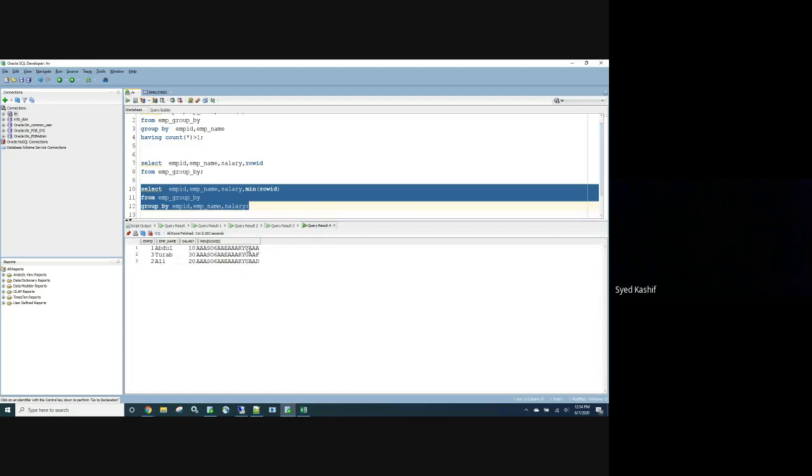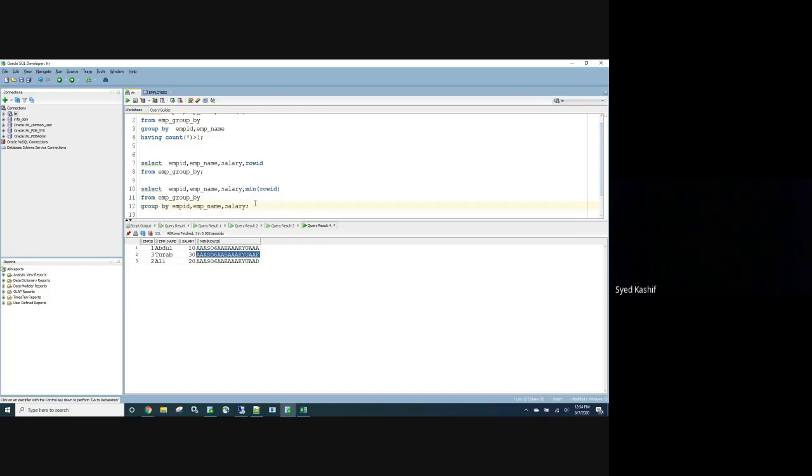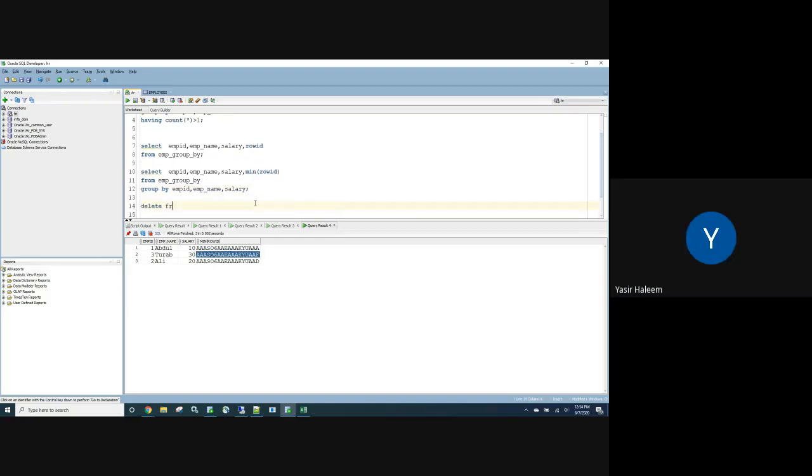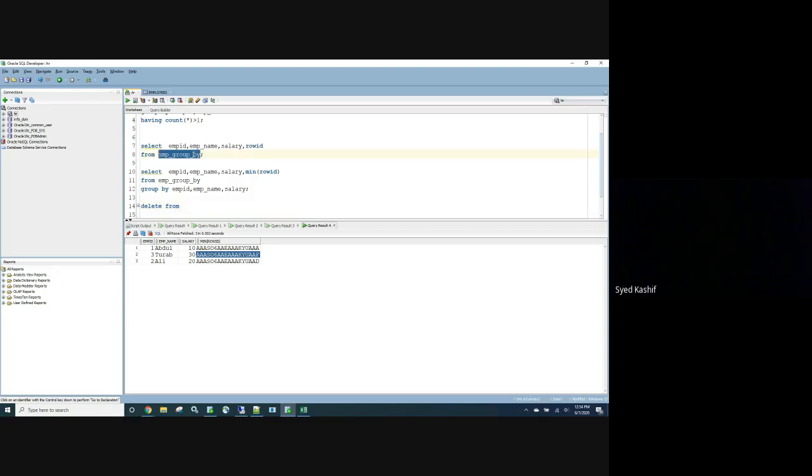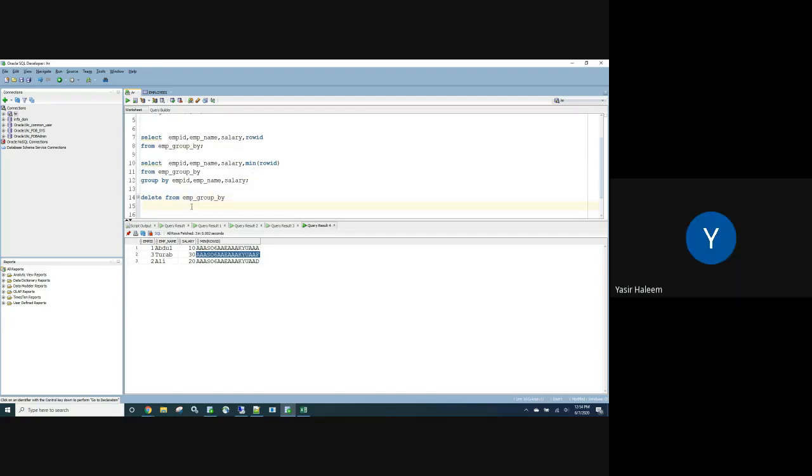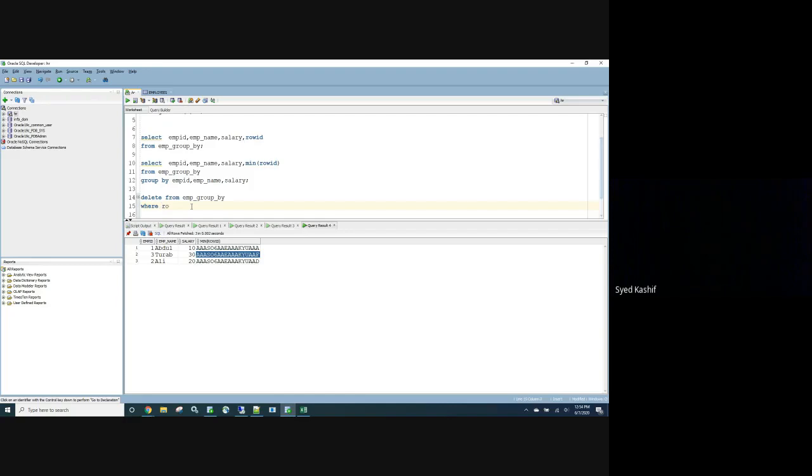I want to keep AAA, AAD, and AAF. Okay. Now I will write a delete statement. Delete from the table where row ID not in